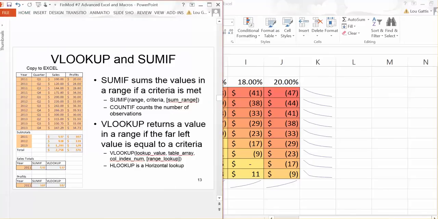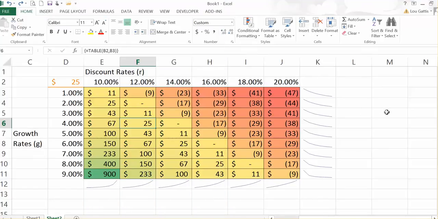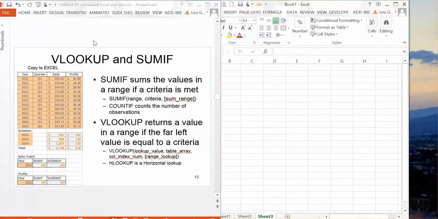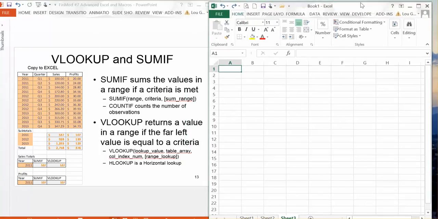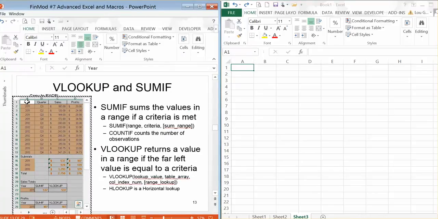A couple other tricks that are useful, especially in finance when you're manipulating large sums of data or trying to summarize data, are using vlookups and sums, and then we'll create some pivot tables. So if I take, say, this data here